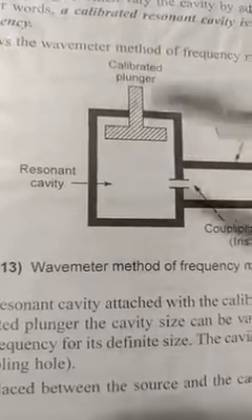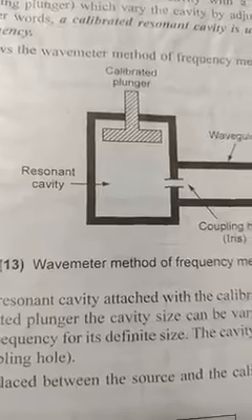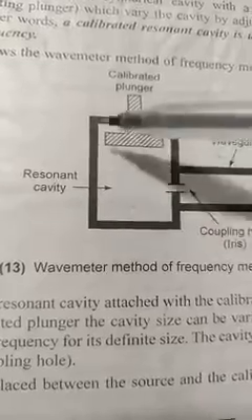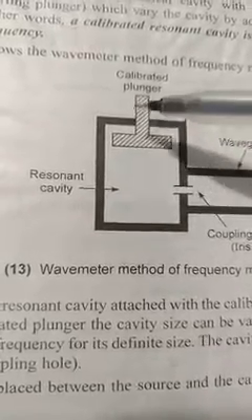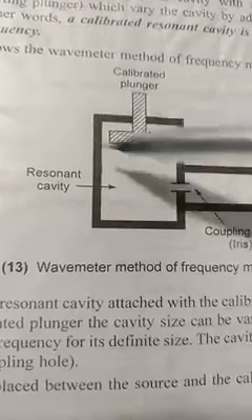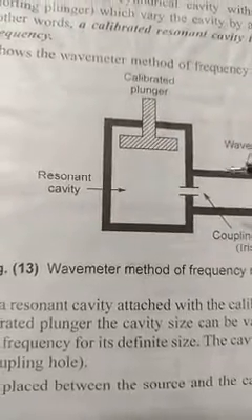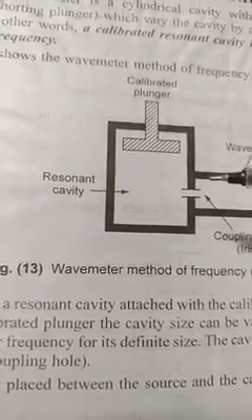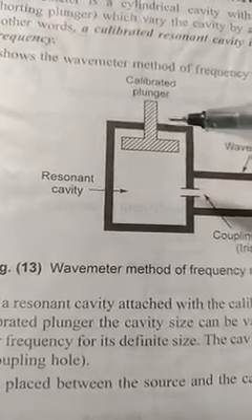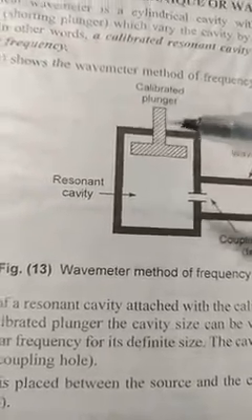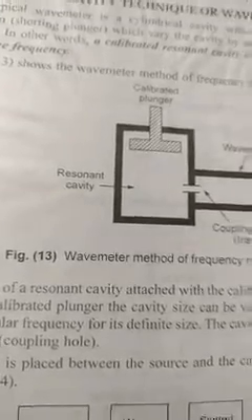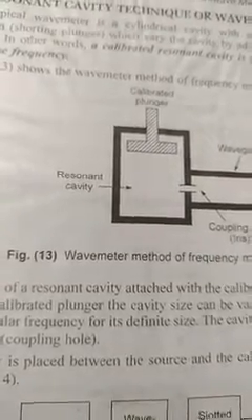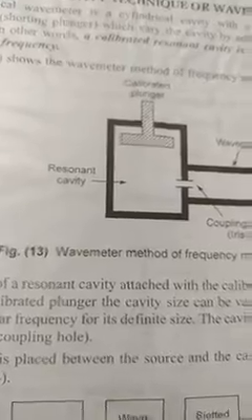Now what you have to do is set it at any frequency in the range. So how do we adjust it? We have to rotate it, and we have to see the pointer on the scale going down and down, reaching a minimum, and then again increasing. So there is a position found by adjusting it, and we have to keep continuously watching the wave meter for where we get a deflection from maximum to minimum.